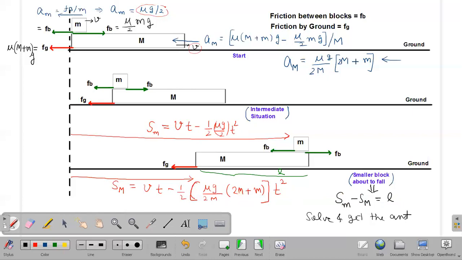You can check the answer from the book. It is question number 31 from the famous book of H.C. Verma sir, and the chapter is friction. Now, moving to the next question, one more doubt.